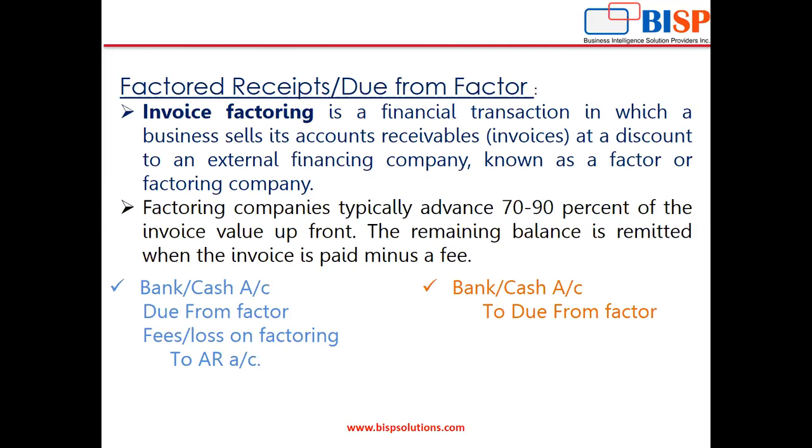Some provide you with a statement of factors, some provide you with just a tabular format of your factoring. It is dependent on the company, but a very normal basis of working is they provide you with the statement. So when you get the statement, or if you are not getting a statement from the factoring company, then as you check with your factoring company which invoices have been paid or not, you maintain an Excel sheet for that, and you cross verify this due from factor to that Excel sheet or the statement provided by the factoring company,